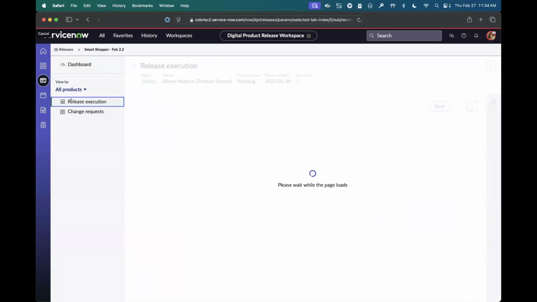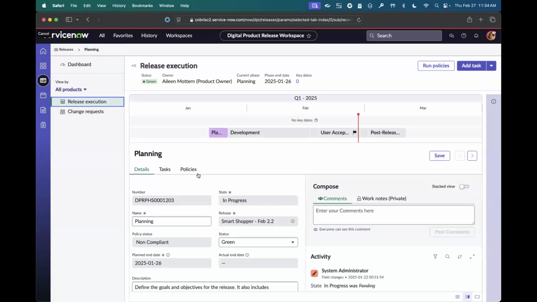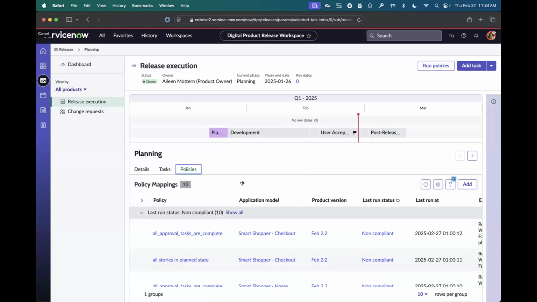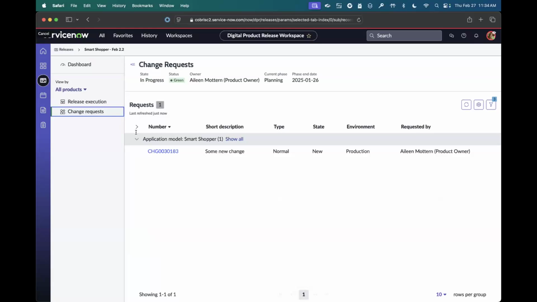But you're still able to manage the execution as a whole, seeing all the policies across all of the various products. And you're also able to see still the change requests, and these will be grouped by the products themselves, but this will be the list of all change requests across all of the products within this multi-product release. So again, multi-product release was the kind of largest feature that was in